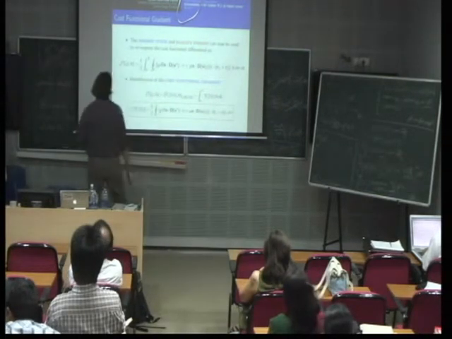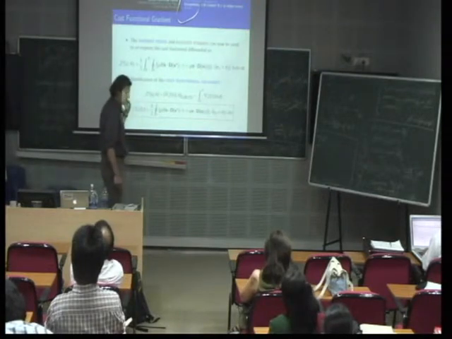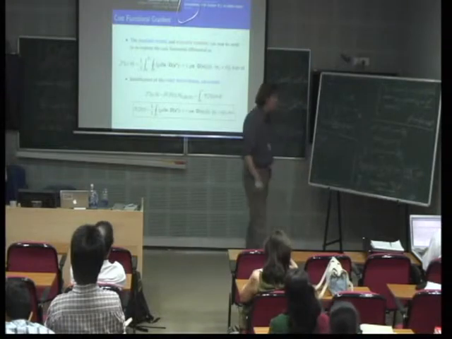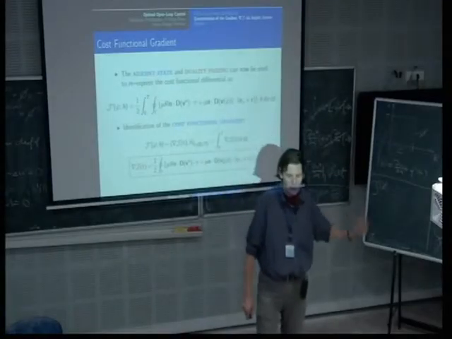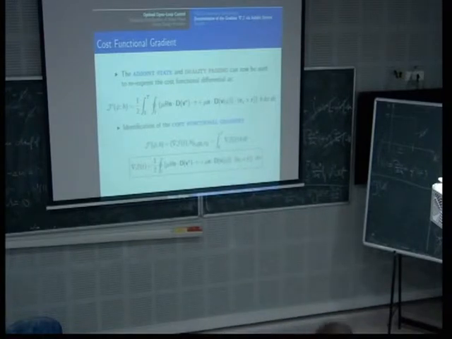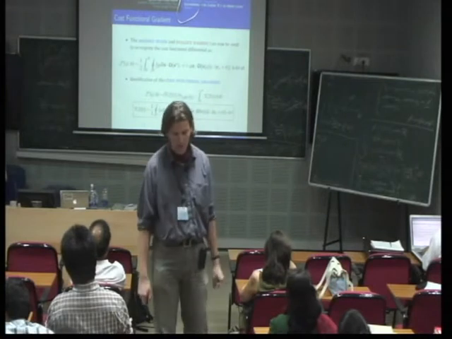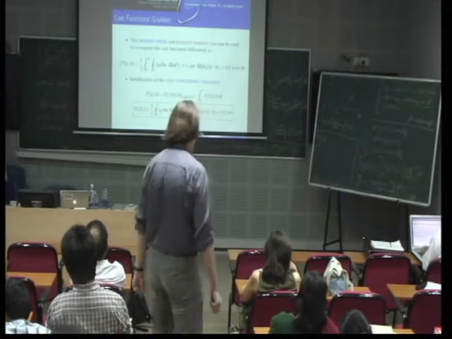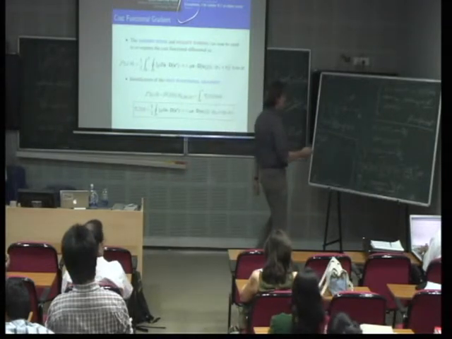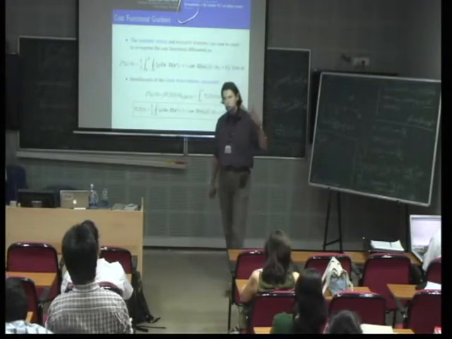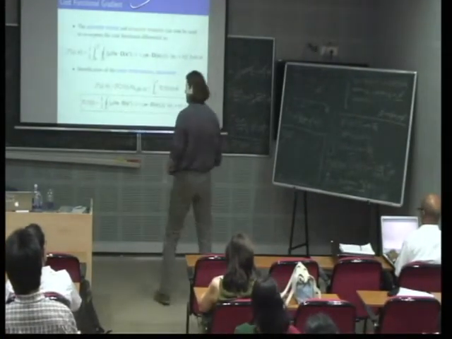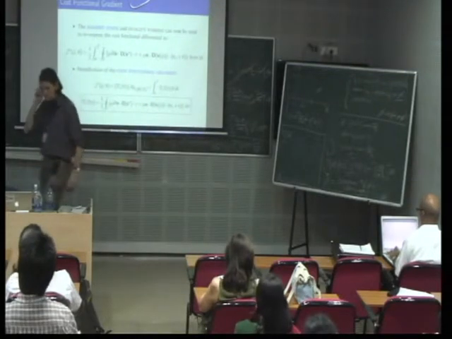There's one more aspect, sort of technical, that comes up in a number of applications. So for simplicity here, I assumed that the control I seek was an L2 function of time. How about if I require more regularity of the control? In particular, if I require that my function phi be actually an H1 function of time. Okay. So what would happen in that case?